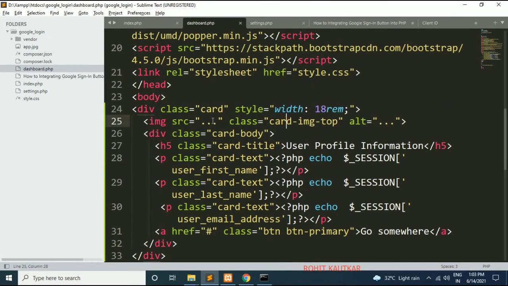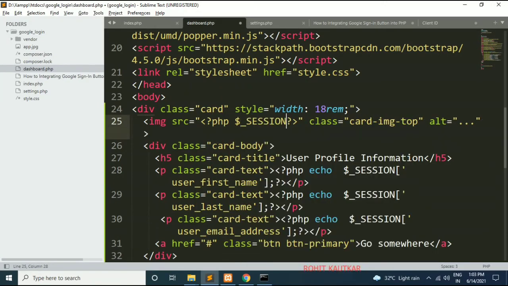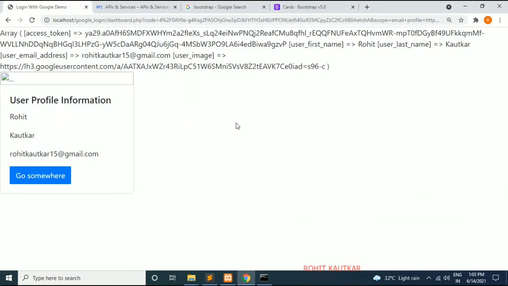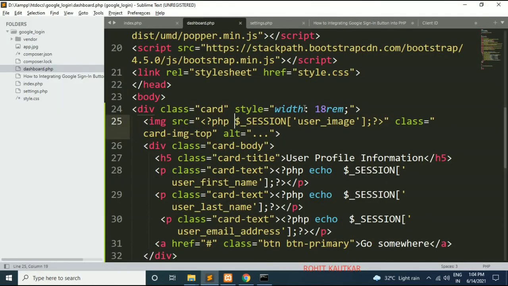So here it is the source. So I need to specify $_SESSION and user image. So if we refresh now, okay, so here I will add echo.